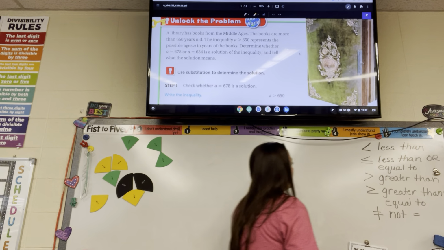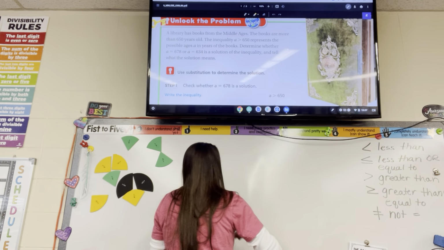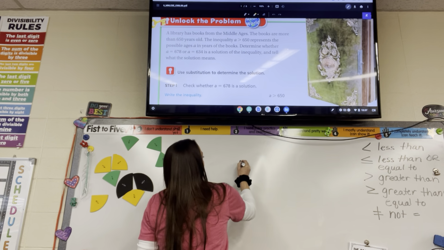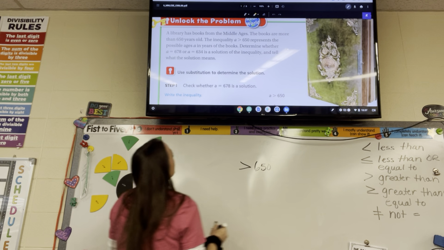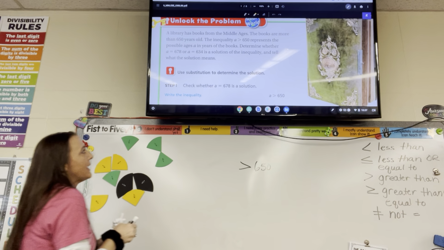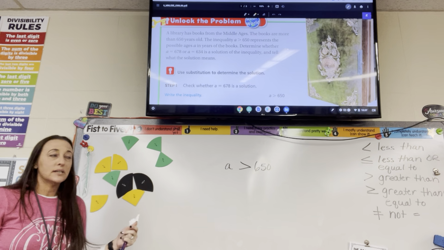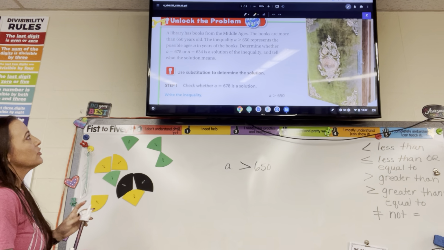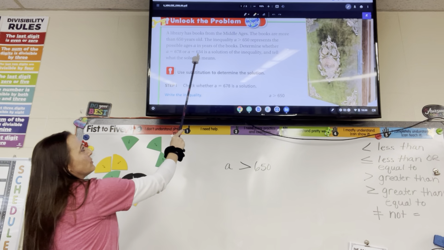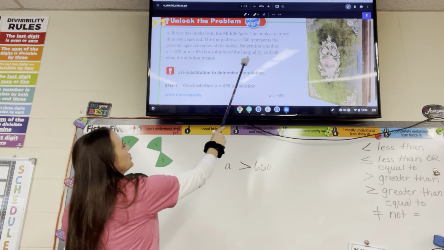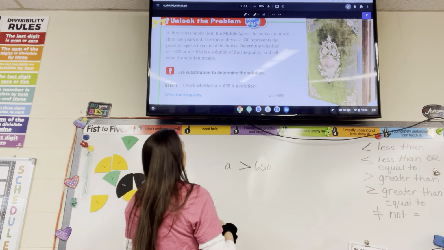A library has books from the Middle Ages. The books are more than 650 years old. More than is like greater than. The inequality A is greater than 650 represents the possible ages, A, in years of the books. Determine whether A equals 678 or A equals 634 is a solution of the inequality, and then tell what the solution means. So first we're going to plug in for A,